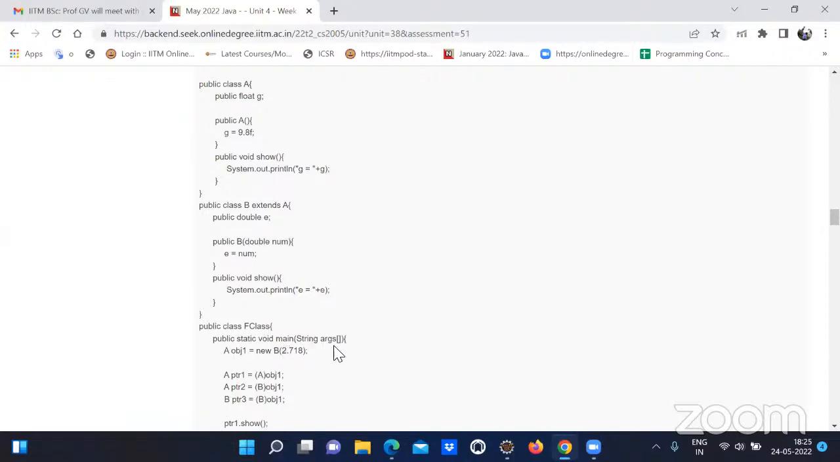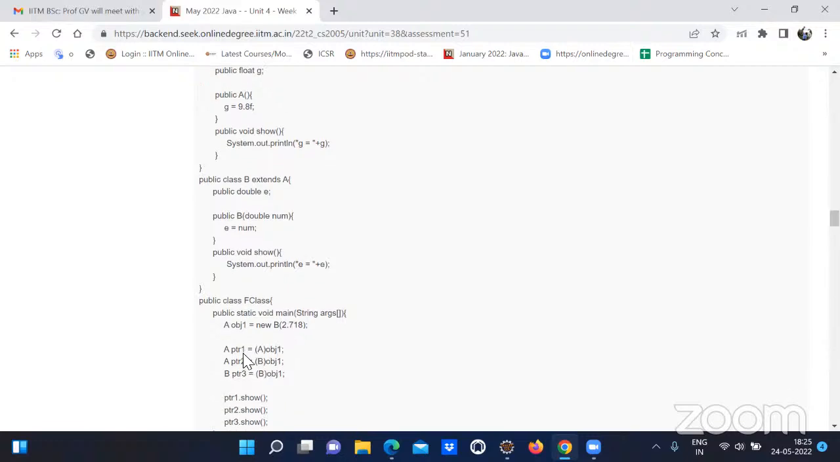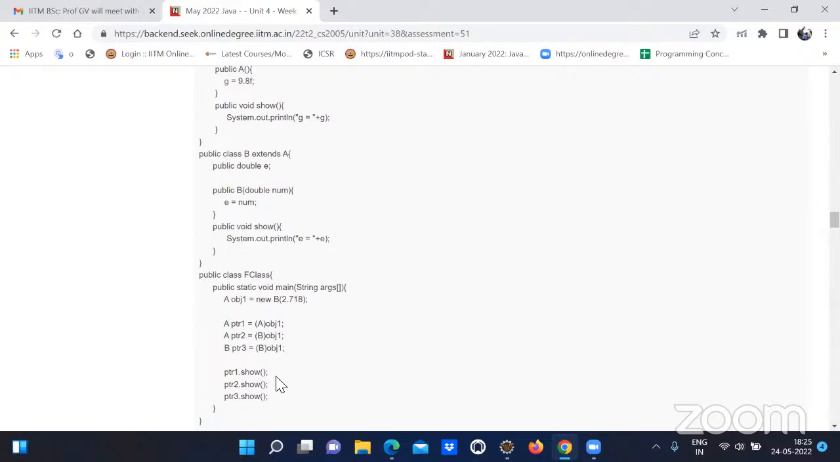So new B of, now control will come here. Here the variable e is initialized with whatever value is in num. You are passing 2.718, so now e is initialized with this value. After that, you are going to cast this object to A, and after that to B like this. Now, whenever you call ptr1.show, ptr2.show, ptr3.show,